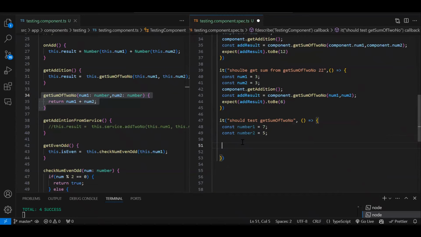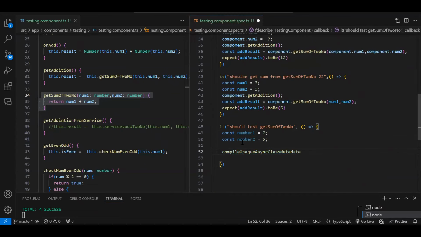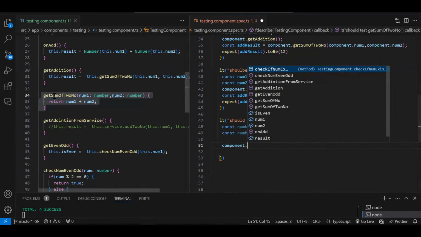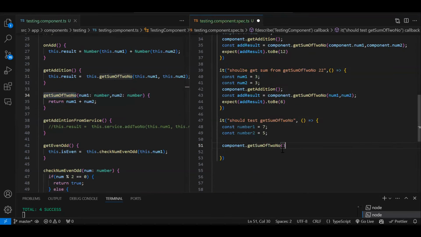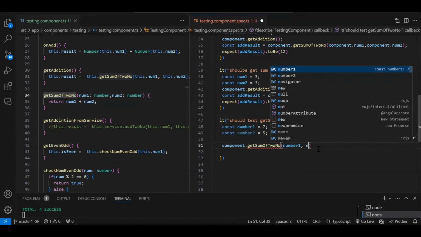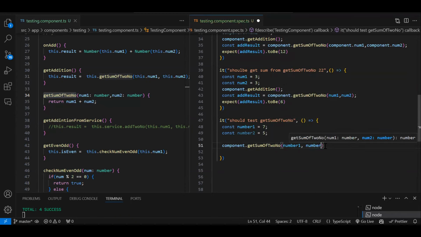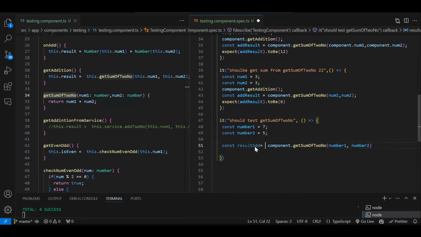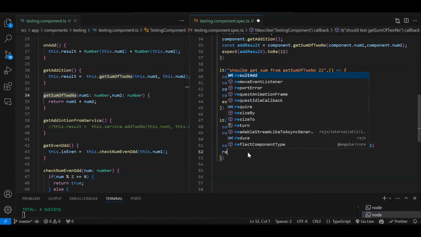to the function. So now where is our function? In component. So component dot our function name, that is getSumOf2. Here we are actually calling our function, but this function is going to return some value, and first we need to pass the variable. So number1 comma number2. This function is going to return some value, so we need to store it. So const result add is equal to whatever value this function returns, that we are going to get over here,